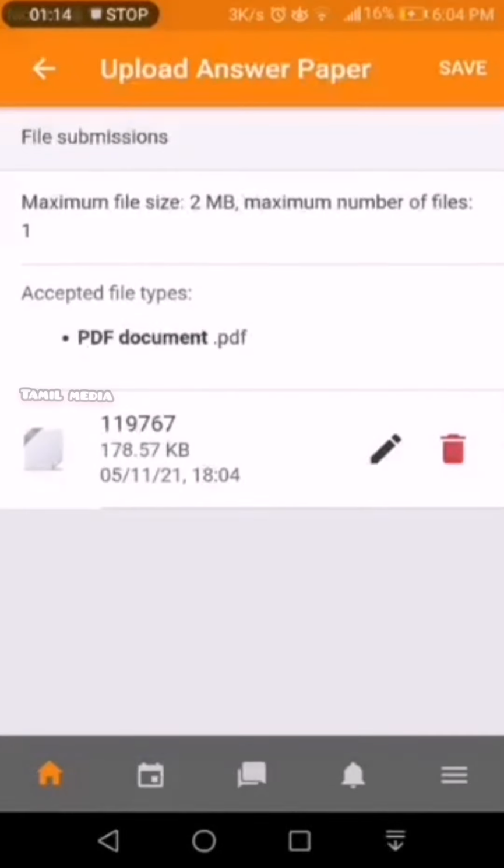Now make sure you click the save button on the top right hand corner. If you don't click that save option, your file will not be uploaded and your submission will not be graded and your examination will not succeed. So make sure you click the save option.